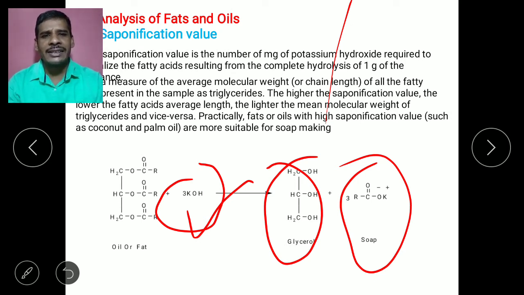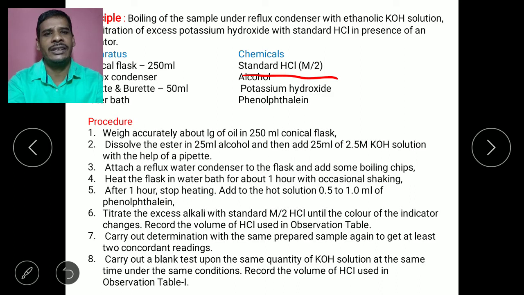In this case the ester breaks in the presence of KOH, and there is formation of the sodium salt or potassium salt of the corresponding carboxylic acid and glycerol. This is the basic principle; such a hydrolysis reaction takes place in the case of the saponification value. Now the procedure of that particular reaction: weigh accurately